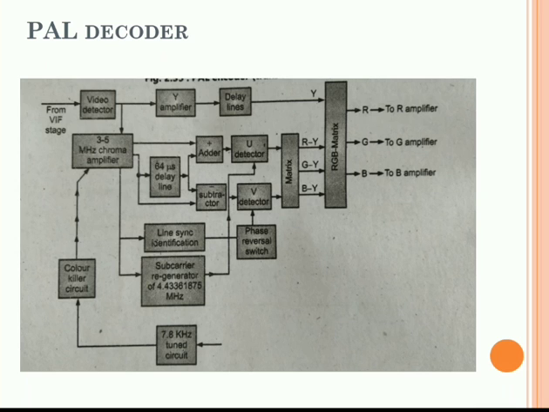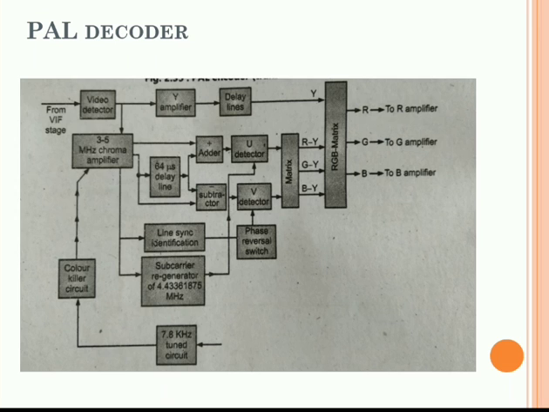Here in the diagram, after the 3 to 5 megahertz chroma amplifier we are having two outputs. One output is given to the adder and the second is given to the 64 microsecond delay line. The delay line is not producing two outputs, it is producing only one output, that is the chroma signal. But the chroma signal is given as input to the adder, and we are producing a 64 microsecond delay in one chroma signal. After that we are providing these two signals to the adder and subtractor. You can see after the 64 microsecond delay line, we are giving its output to the adder and subtractor.